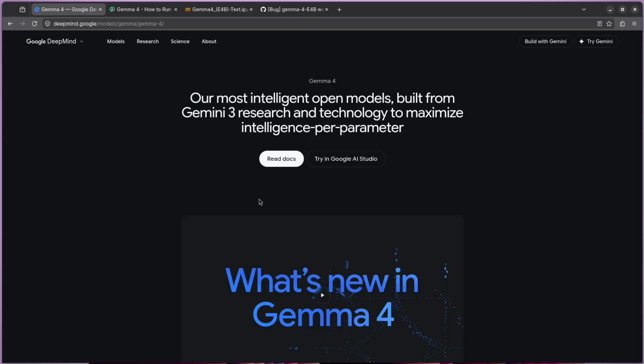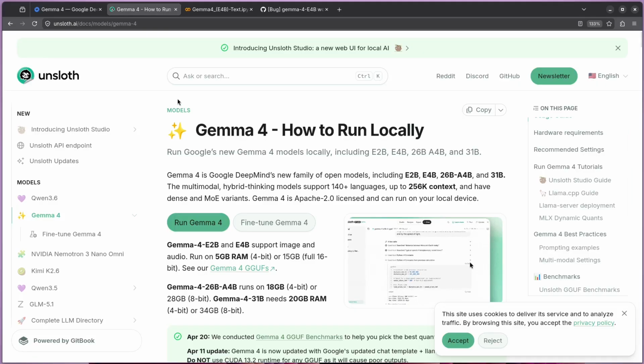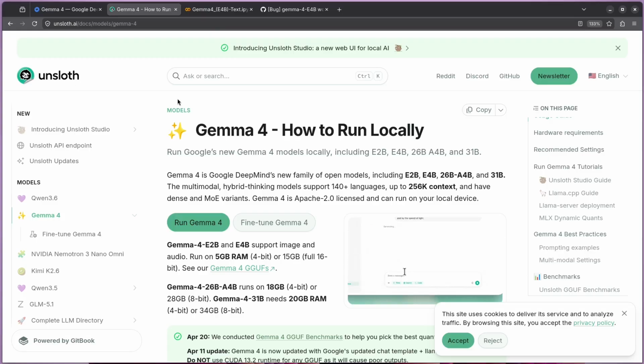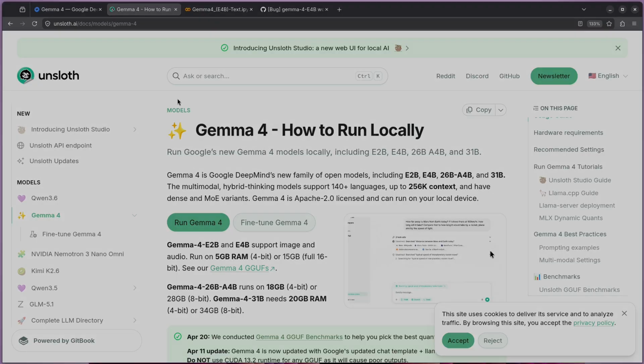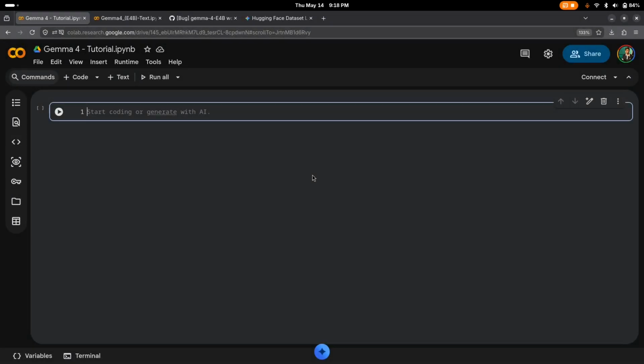A while back, the guys at Google released a new model. They released the Gemma 4 model. And today in this video, I'm gonna show you guys how we can fine-tune the Gemma 4 model. Just like before, we're gonna be using the Unsloth library to help us fine-tune our models. So let's get started. Okay, so here I am in Google Colab, and the first step here would be to